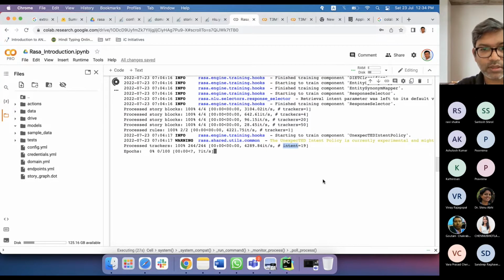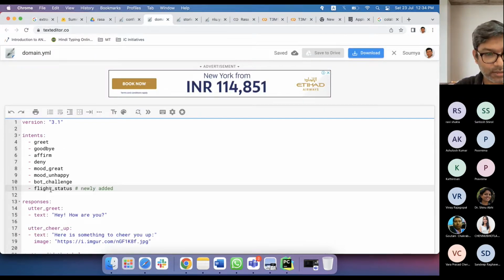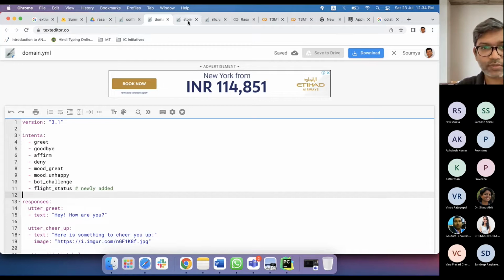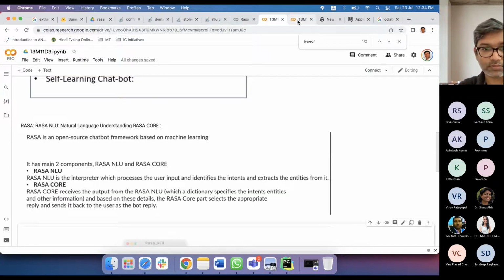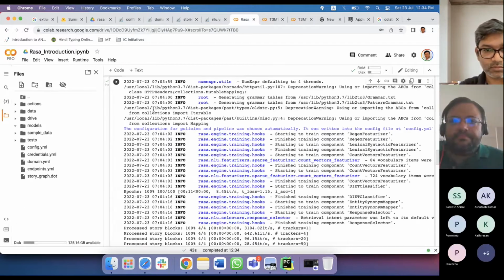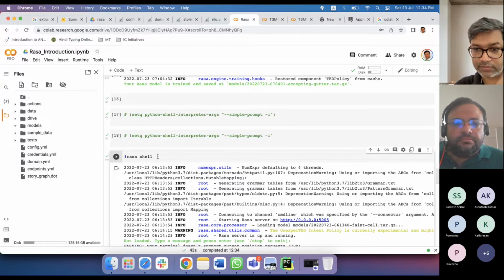It seems to be working now. So I think, sir, that deletion of the intent was not saved in stories.yml. So now it should work. Okay. Let's see. Yes sir. So it is saved now. Should I run the next command? Yeah.